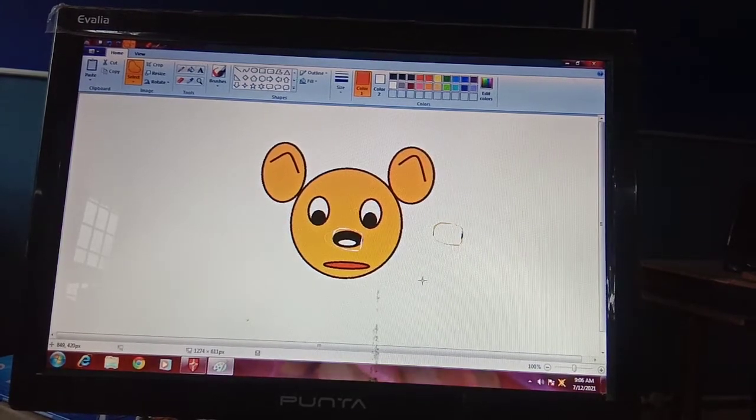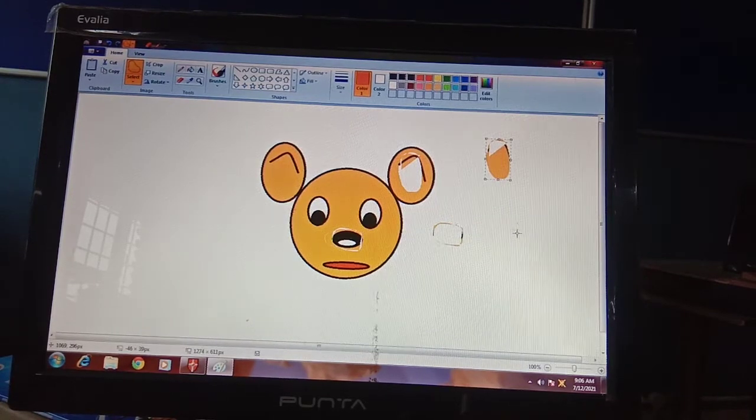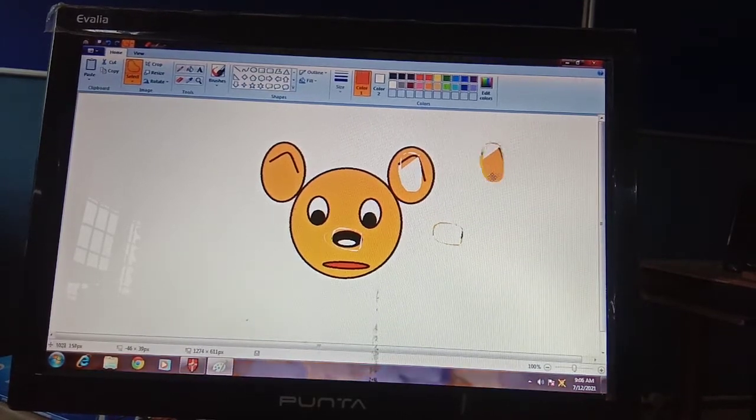Clear to everyone? This is the use of the free form selection tool. Again, I want to remove this ear, so I need to select the free form selection tool and remove this middle part only. See, it is removed. And if you want to make it back, again adjust it back.